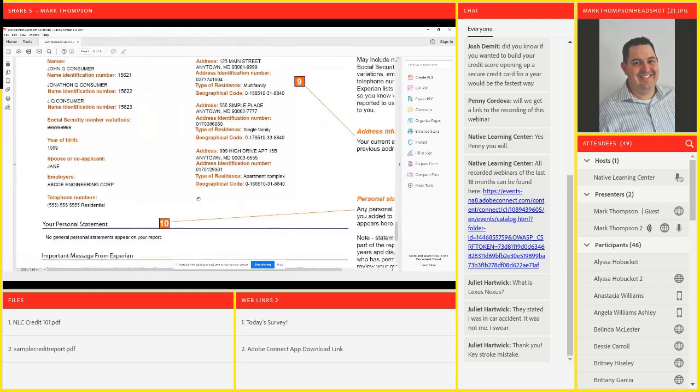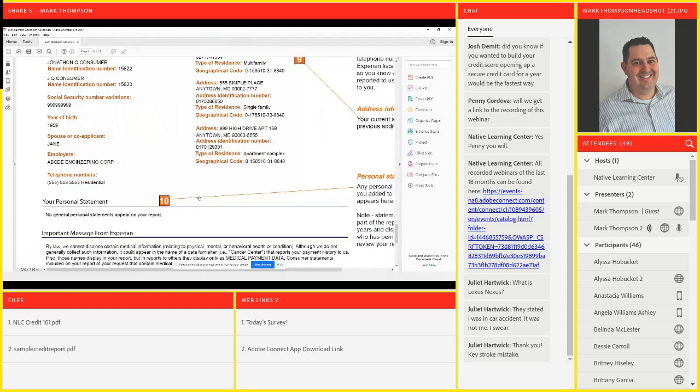Then you could always do a personal statement. And you may say, why would I do a personal statement? Oftentimes, the personal statement won't change the credit score, won't change your credit report. All that information is going to be there. However, let's say your credit report is being pulled by a landlord so you can rent an apartment. Maybe you have a personal statement there that says, hey, I've been maintaining good credit, but 4 years ago, I got into a car accident, and that caused me to have a lot of medical bills.